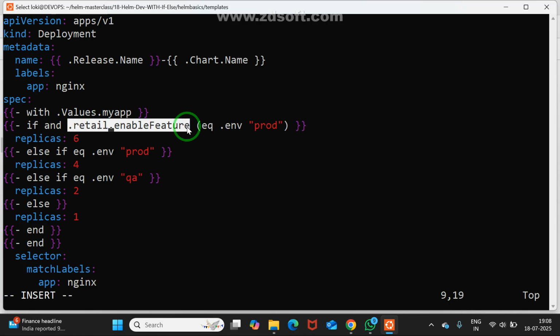If you are not understanding, again I need to open. Ma, can anyone try to open the values.yml file, please? Maybe everybody has it, right? Yes, sir. What does it mean? I selected something, right? If I selected something, what is this overall meaning? Please respond. You're not understanding, I hope. Or do you agree with me? Yes or no? Yes, sir. Again, I am telling: .Values.myapp.retail.enableFeature, colon, after colon,